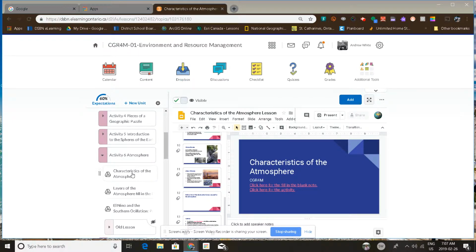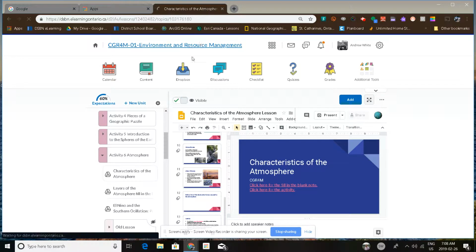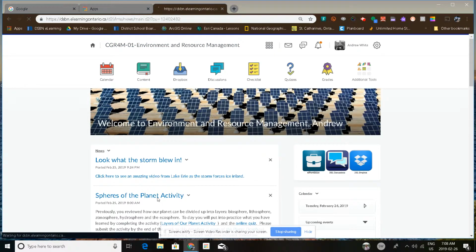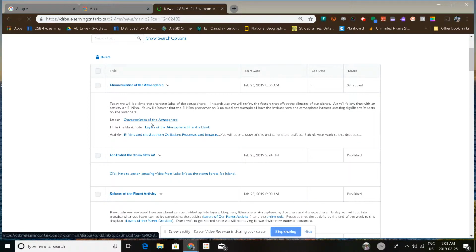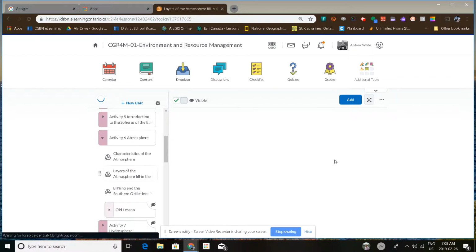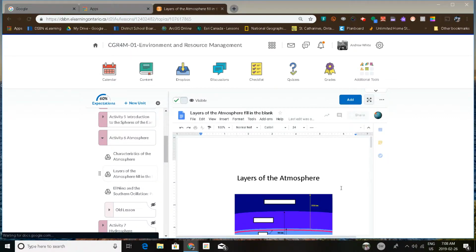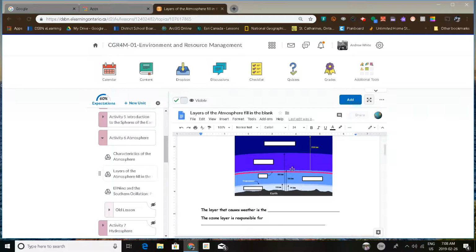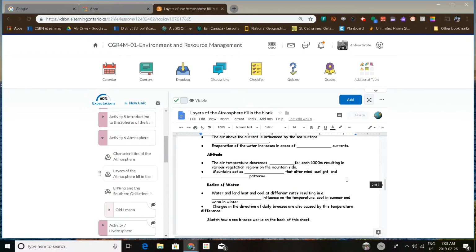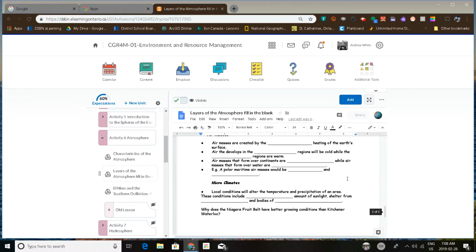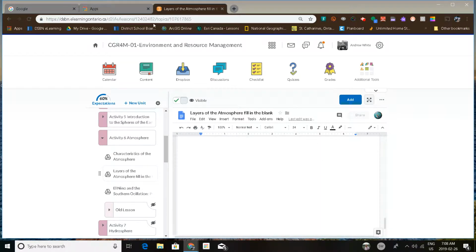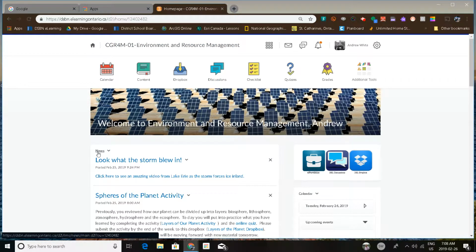To make it easy, I also included a fill in the blank note. I realized that the diagram, you're probably going to want to print this off, because you won't be able to fill in the diagram digitally. You'll have to do it by hand. So a quick overview of all the basics that you can do by filling in the blank note. And then the activity is looking at